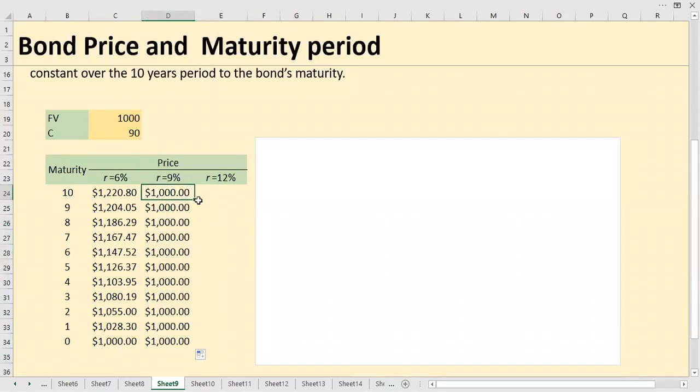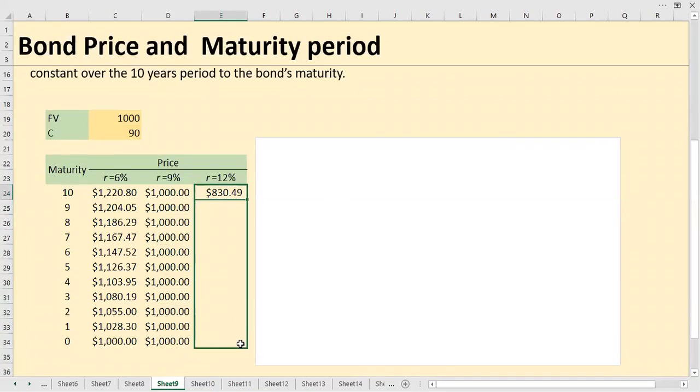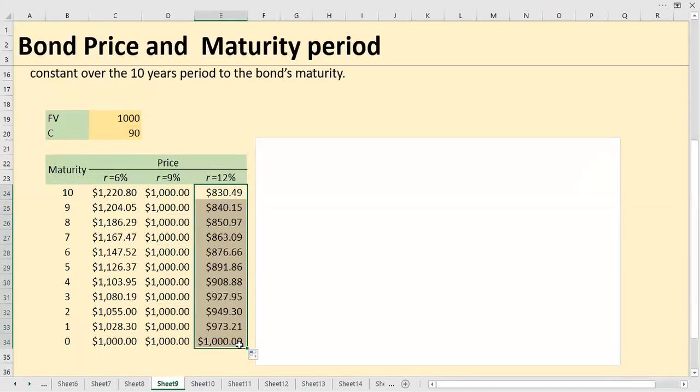So let me move on to the next one, that is when it is 12%. When it is 12%, the only thing that is going to differ is this required rate of return. Instead of 9, I am going to put 12. So again, enter, then you get this answer, and I'm going to copy it down. And again, it will show a different pattern. Now, when the required rate of return is 6%, it starts at a value that is higher than the face value,